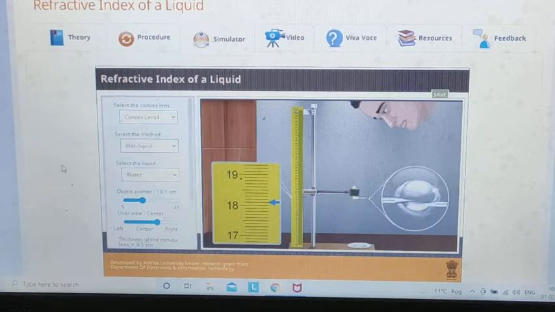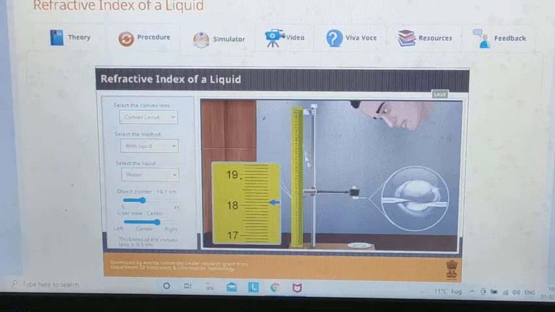You can do this yourself now, because we have seen that case without liquid. Whenever parallax is removed in those cases, again we have to note down the object pointer reading. The object pointer reading is given from the bottom.